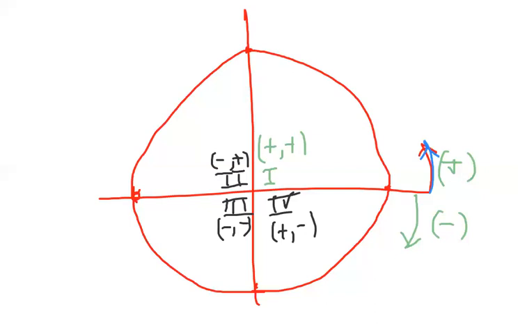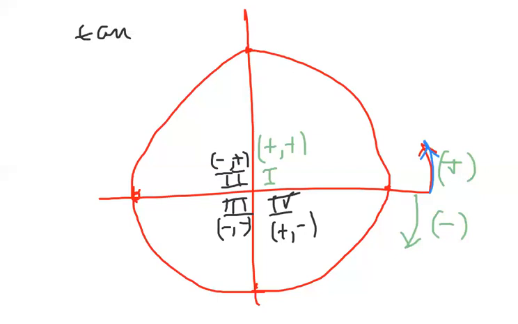Now, for some reason, they want you to use a mnemonic device to remember in which quadrant the trig functions are positive. It really doesn't matter, guys. This is good old-fashioned common sense. If you go back to the fact that cosine is x, sine is y, just remember, guys, where you are in the quadrant. The only one I think worth remembering is tangent,